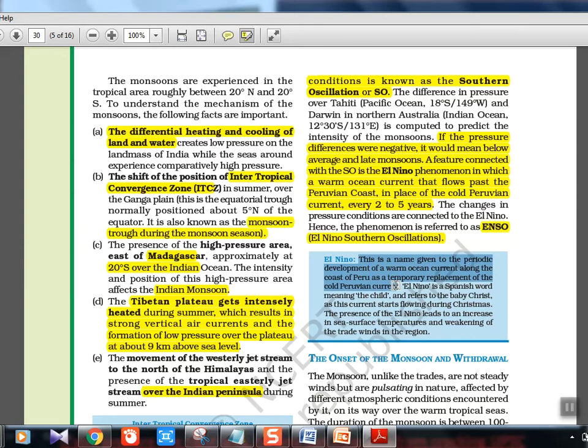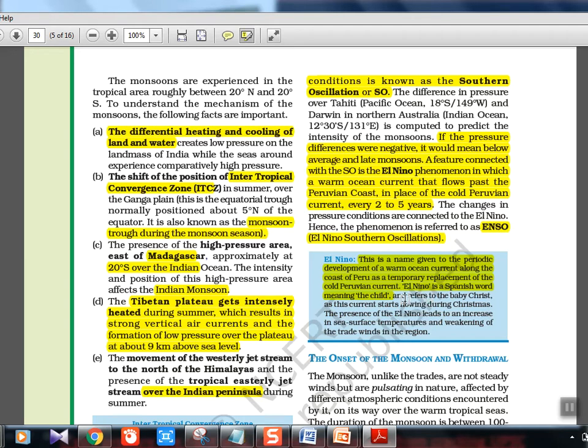El Nino is a Spanish word meaning the child. Actually I think it's girl child or something, because there is something called La Nina which you will learn. That is actually boy child. I don't know which is boy, which is girl, but that is how it is named. Okay, El Nino and La Nina. La Nina is actually more positive for monsoon, you can tell. Heavy rainfall will happen. El Nino is something like drought condition will happen.